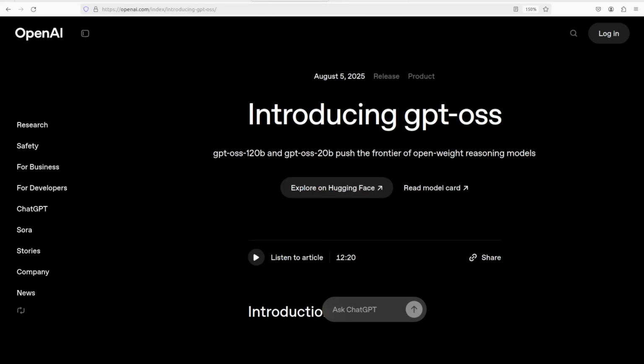Eventually, OpenAI has released their open weights model. They have offered two variants designed for different use cases. There is a smaller one, just 20 billion parameters, and then there is a larger one,